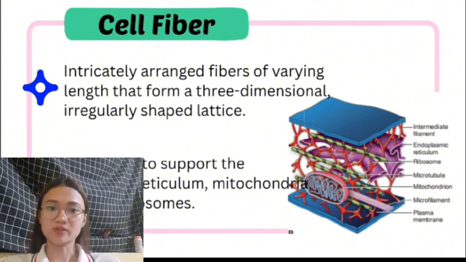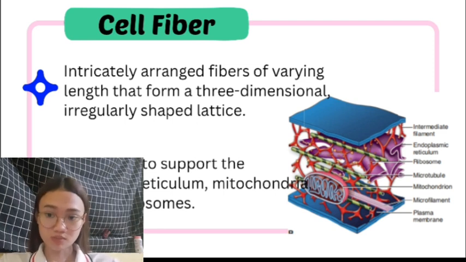Next, we have the cell fibers. Intricately arranged fibers of varying length form a three-dimensional, irregularly shaped lattice. The fibers appear to support the endoplasmic reticulum, mitochondria, and the free ribosomes. So, ang cell's fibers ay mga estruktura na natatagpuan sa cytoskeleton o isang internal framework ng cells. Mga fibers na ito ay nagbibigay ng support at tumutulong sa paggalaw ng mga bahagi ng cell. Hindi agad nalaman ang tungkol sa fibers na to not until na ma-discover nila ang paggamit ng fluorescent molecules